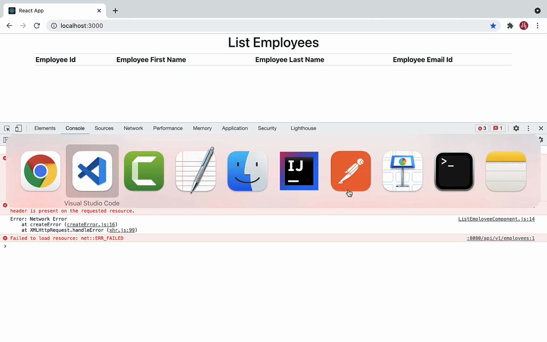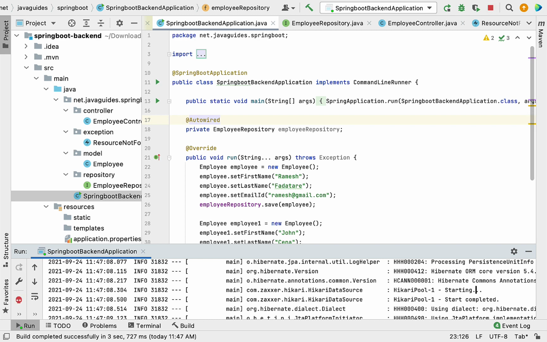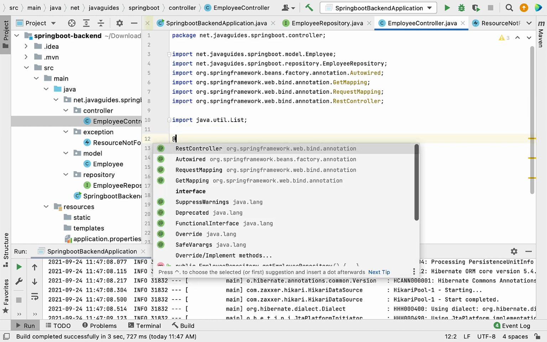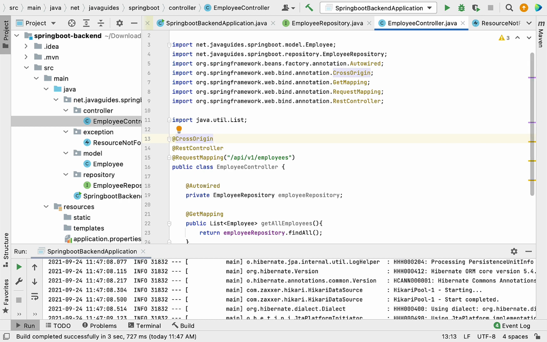So let me jump into IntelliJ IDEA, and let me first stop the server, go to the employee controller, and here at the top we can add one more annotation, that is the CrossOrigin annotation, and here we can pass the value star. If we pass star here, then any client can access the REST endpoints.